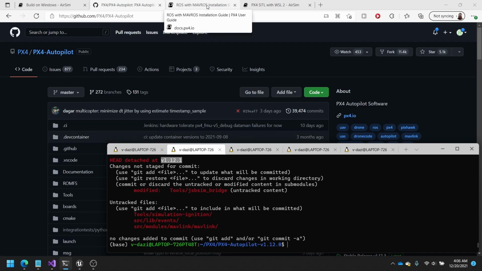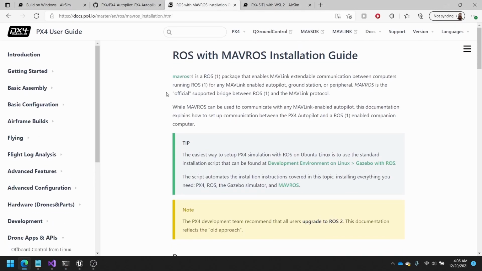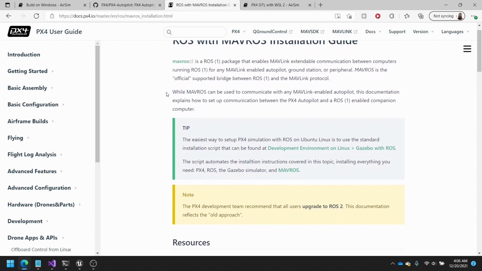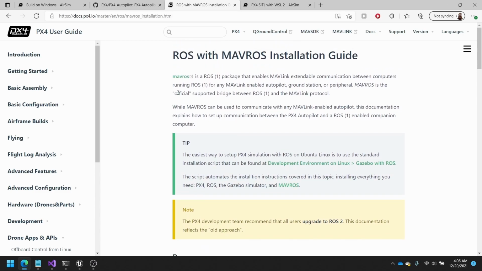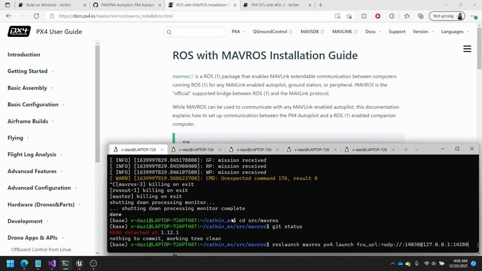Next, you'll need to download and install MAVROS in your WSL2 installation. This can be done via a guide in PX4's official documentation, and links to all this documentation will be provided in the video description. And then your MAVROS repo should be synced, for the purpose of this demo, to the